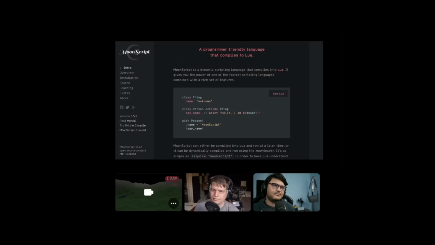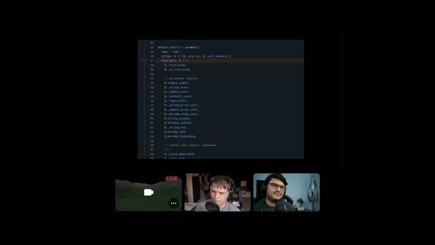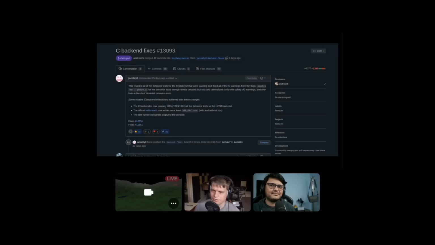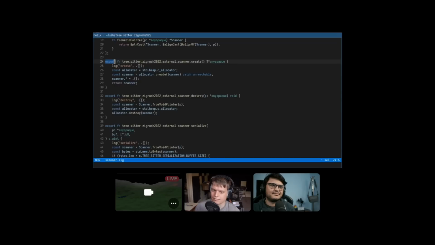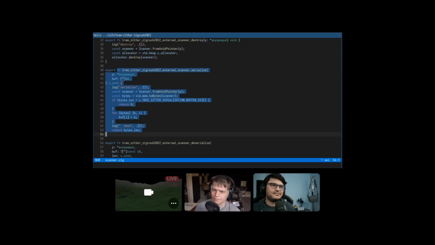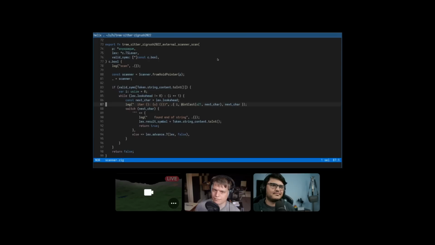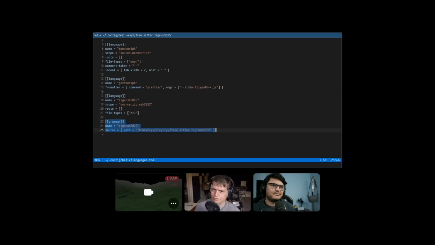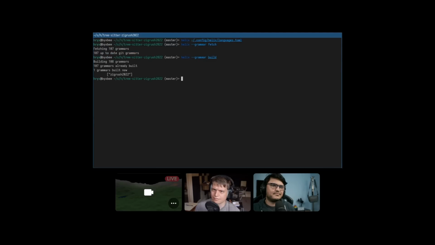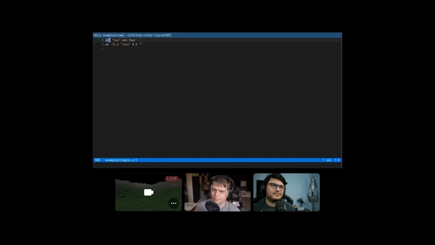into C. For fun, I wanted to make a tree sitter grammar for a friend's language, but the JavaScript API alone can't fully describe an indentation-sensitive language. For this, you have to define some tokens as externals whose lexing is delegated to a custom C function. Jacob Lee's awesome C backend improvements were just merged, so let's make a basic scanner in Zig. We define a constructor and a destructor, and some serialization logic. Then, our token scanning logic. We set the output format to C, and Zig build spits out C files. Tree sitter tooling does the rest. We point Helix to these assets, then have it fetch and build them. It compiles the generated C and loads the library. Now we can use this custom language in Helix.